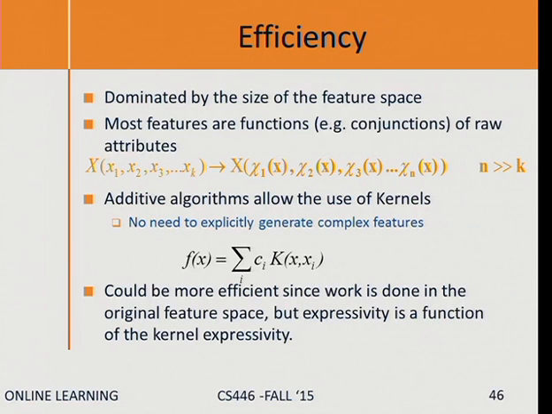The nice thing about additive algorithms that does not exist for multiplicative algorithms is that they allow the use of kernels, which really is a trick that allows us to live in this high dimensional space without incurring the cost of living in this space. You will still do the dot product here, but really have the expressivity of this space. That's what we're going to talk about today, how to accomplish this. And of course, this is going to have implications on efficiency, but we'll see as we get to the end of today that there is some trade-off here.